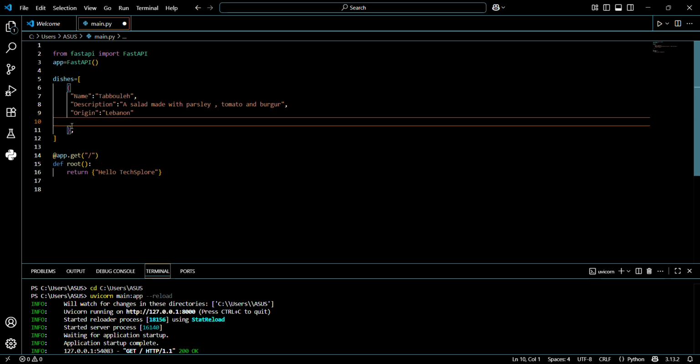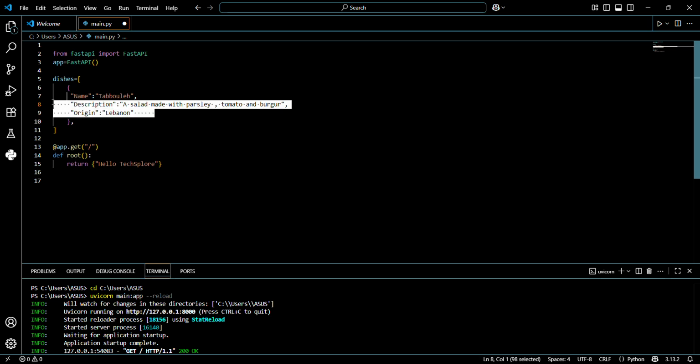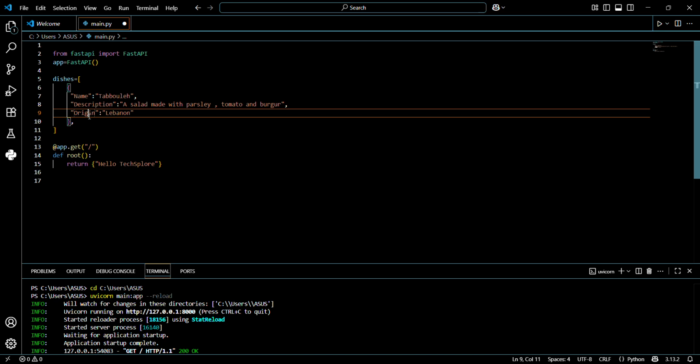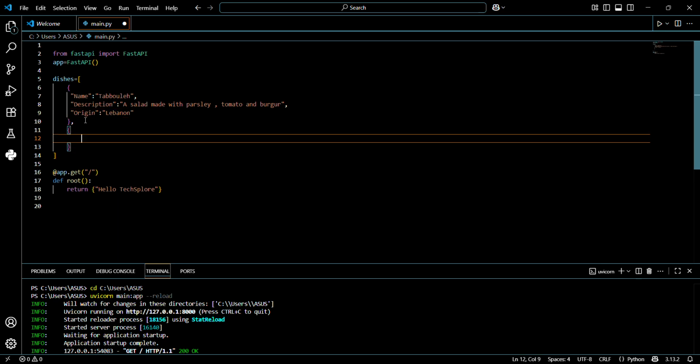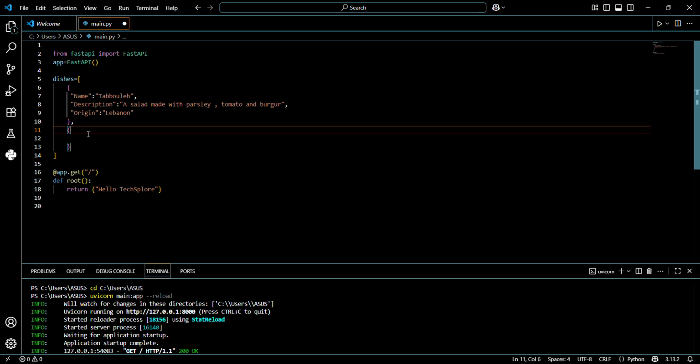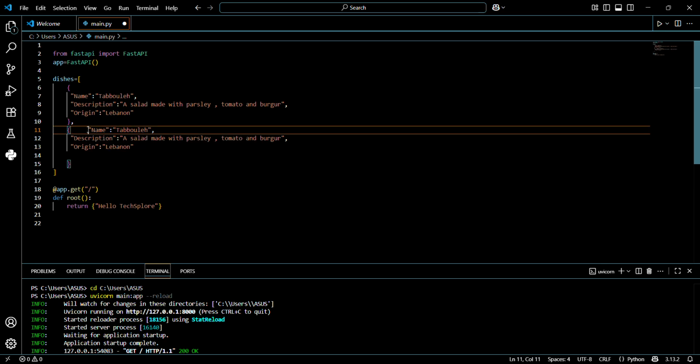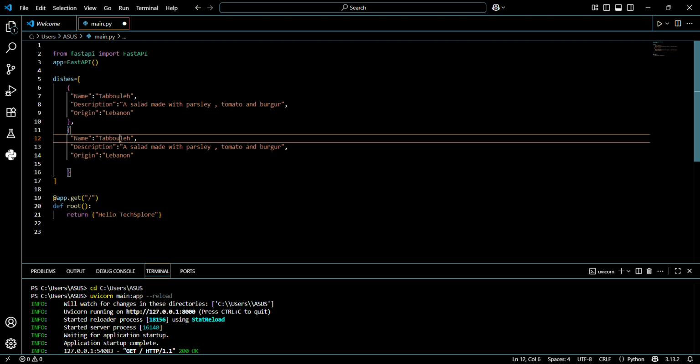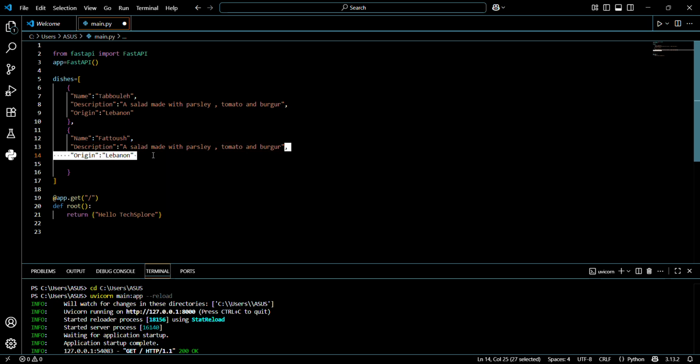Now I'm just gonna copy and paste in order to save time. So curly brackets again, and then I'll just copy these. So our second dish will be fattoush, which is a salad made with